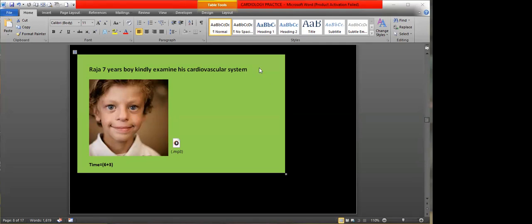Dr. Pranab, I just wanted to ask, before starting the examination we need to wash our hands, and after examining, we need to wash our hands and thank the patient for being cooperative and all that. But it will take a lot of time, no? Actually, no. This is not time taking.